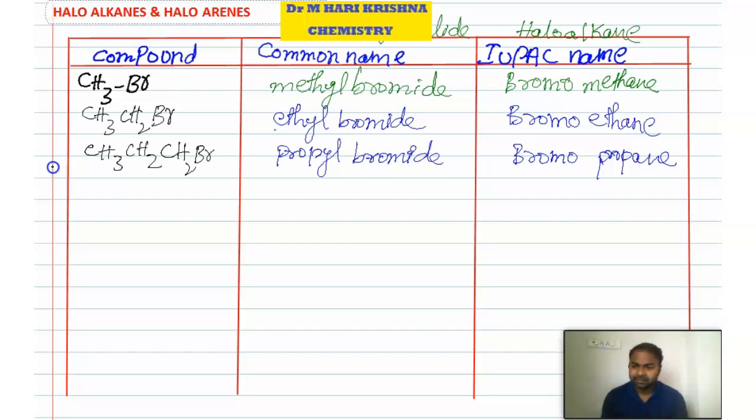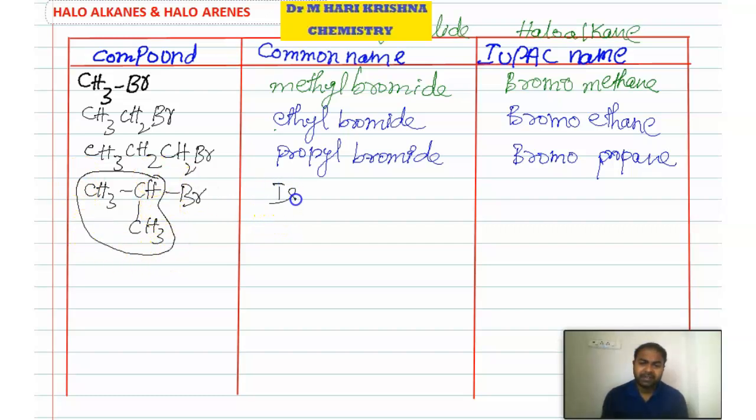Similarly, we can write different molecules. See this, students. Actually, this group is known as iso. So straight chain having one branch, so that is iso. How many carbons are there in a round shaped one? Three carbons. So isopropyl bromide.